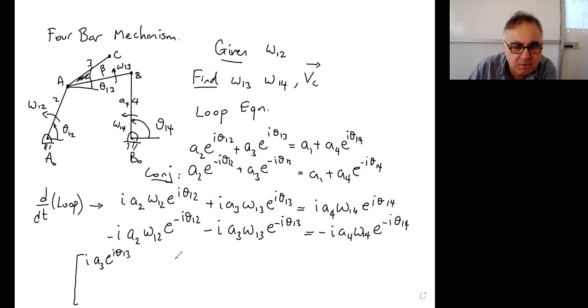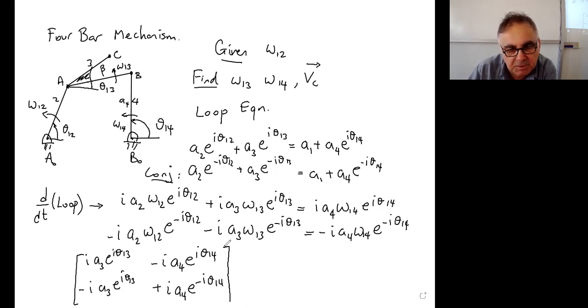So this one will come here, so it will be minus I A4 e to the I theta 1, 4, and then minus I A3 e to the I theta 1, 3, and a plus I A4 e to the minus I theta 1, 4. This is the coefficient matrix times omega 1, 3 and omega 1, 4, the unknowns, equals